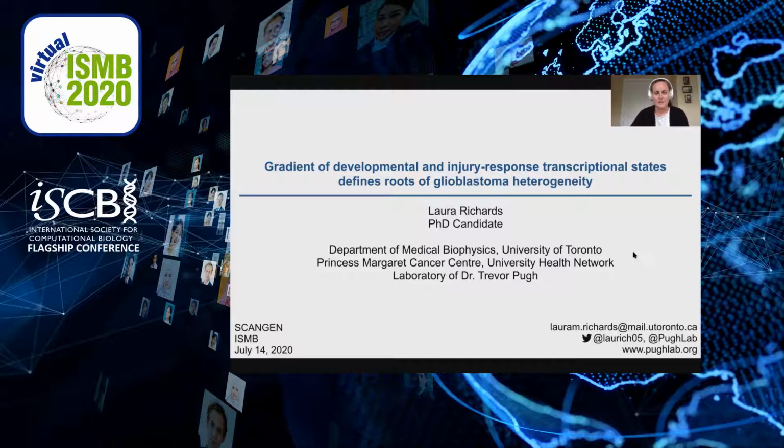Today I'll be presenting on one of my main projects for my PhD, which is called The Gradient of Developmental and Injury Response Transcriptional States Defines Roots of Glioblastoma Heterogeneity. In this project, we essentially use single-cell RNA sequencing to take a deep dive into cancer stem cell biology and